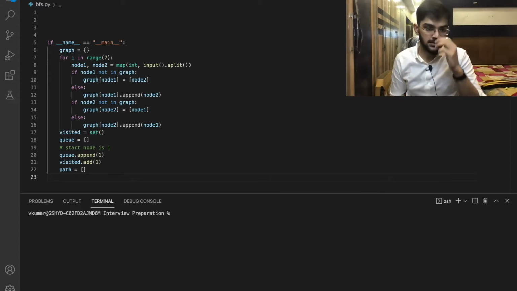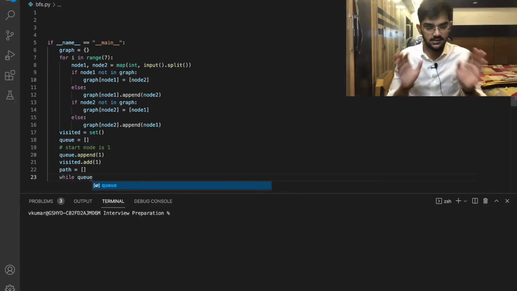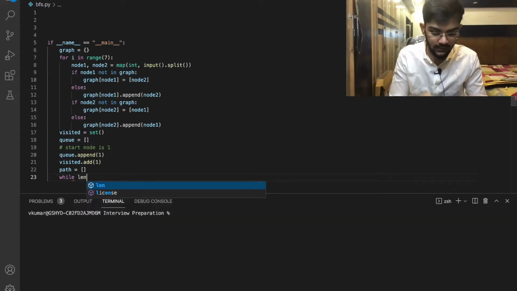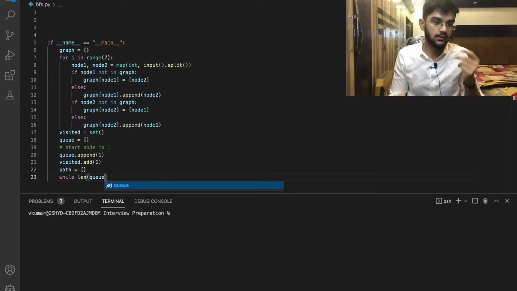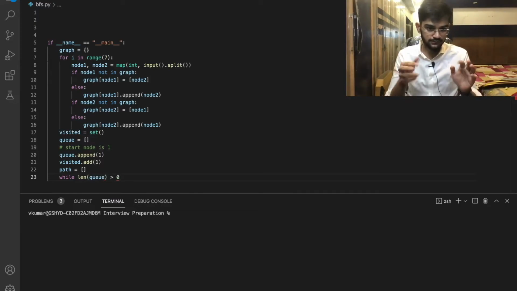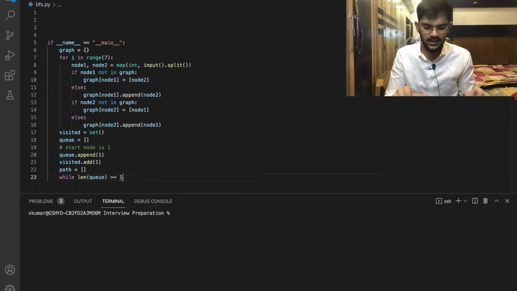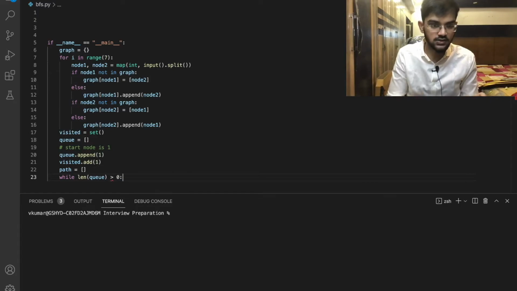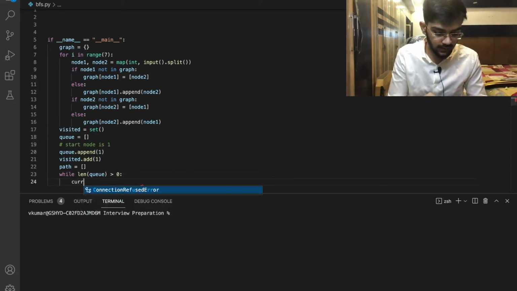Okay. So I'll check that while my queue exists, so while len queue, or I can also do while len queue is greater than 0, or while len queue is greater than or equal to 1. You can get creative with that. So I'll just do the fair one: while length of queue is greater than 0,